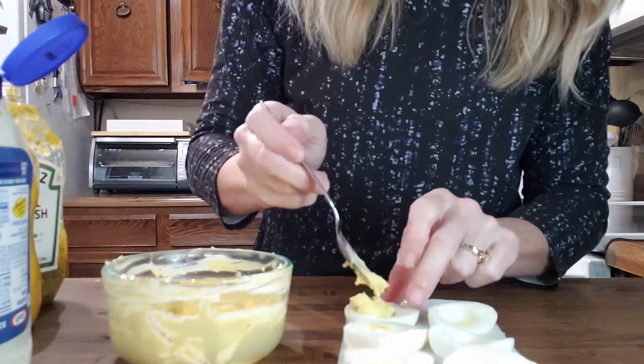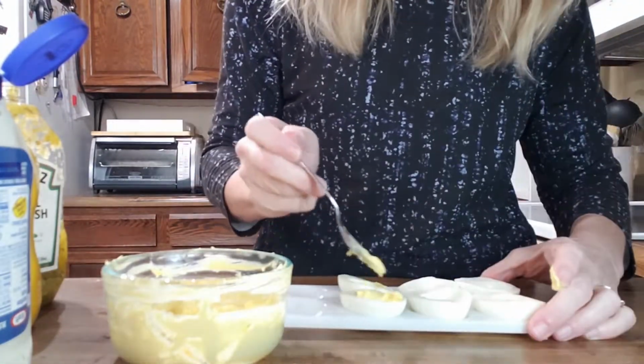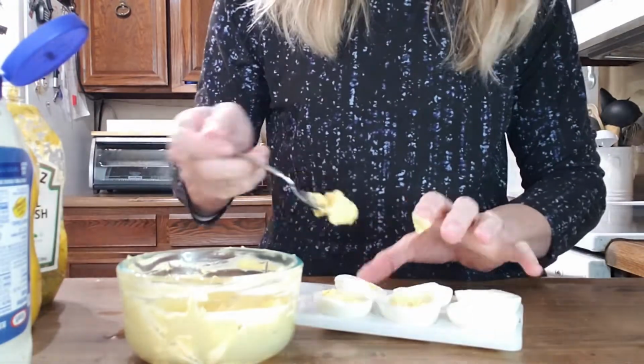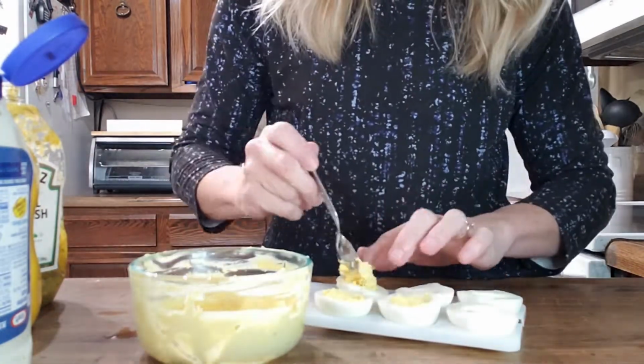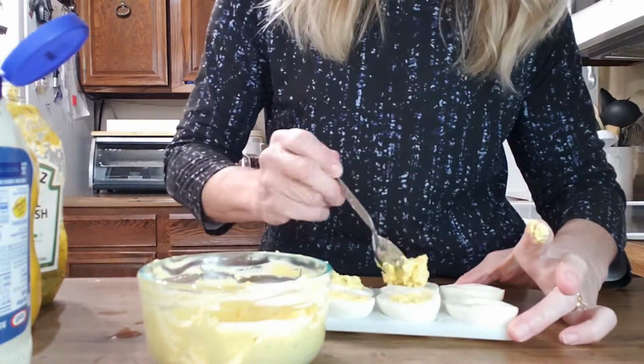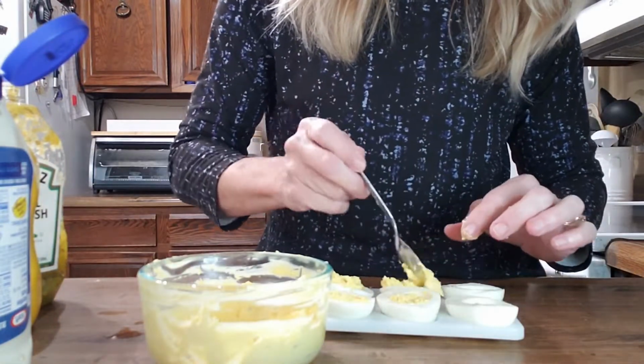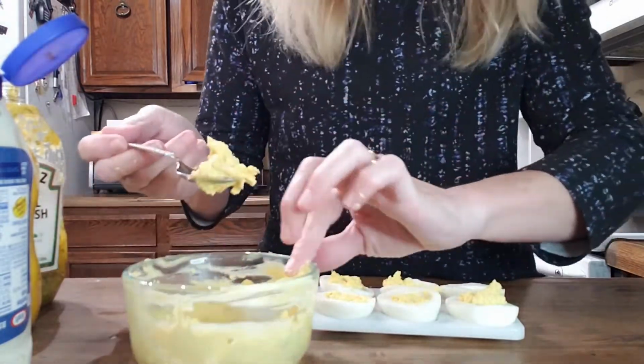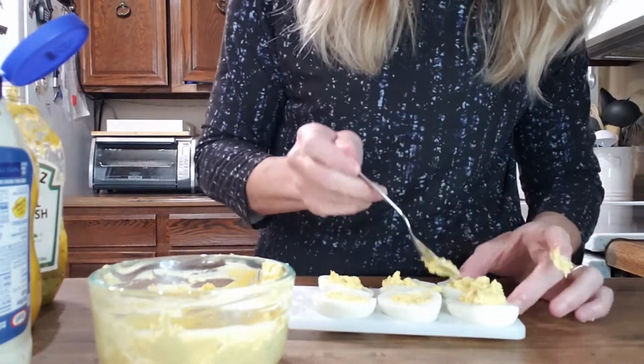Now just use a spoon and just fill each one of those eggs with the mixture. I have washed my hands, and I am using my hands. If you don't want to use your hands, you can certainly just